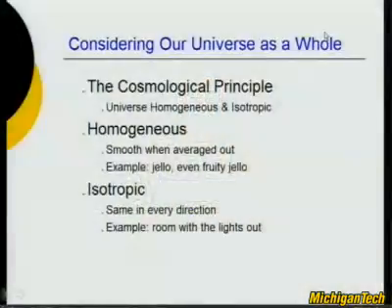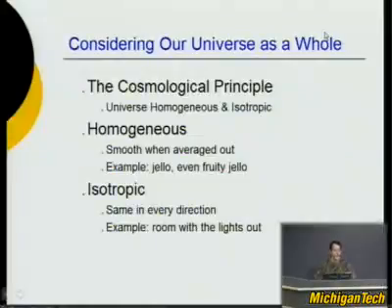So isotropic means the same in every direction. For instance, right now, if you look around, you'll notice that the things on your computer monitor might be different than the things in other directions, unless you have computer monitors everywhere. I don't know what it's like where you are. If, however, you were to pull the plug and turn out the lights, then everything would be dark, and it would be the same in all directions. And if you were to get dizzy and turn around and it was completely dark, you wouldn't really know which direction your computer monitor was. So the universe is thought to be the same in all directions, but not necessarily dark, which brings us to